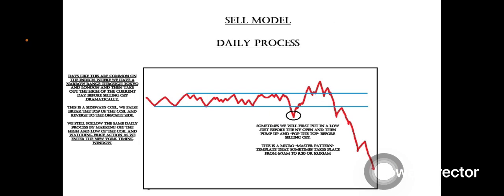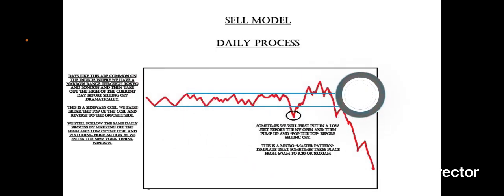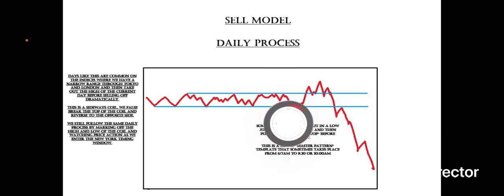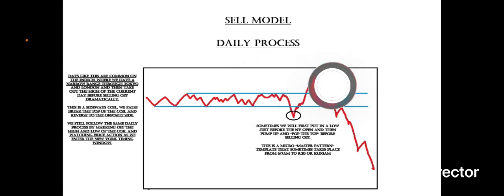now days like this are common on the indexes where we have a narrow range throughout Tokyo and London, and then take out the high of the current day before selling off dramatically. All right. This sort of narrow range day is common on the indexes. This is our sideways coil. Okay. Then we may see a false break of the top of that coil and then reverse to the opposite